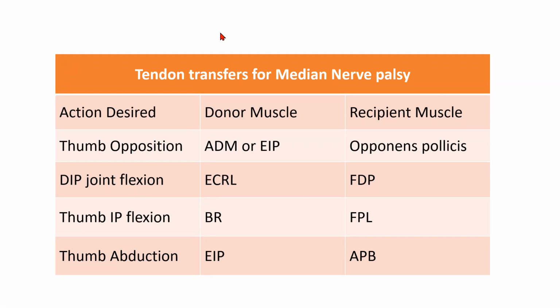There are many procedures. In one particular slide, I have just targeted to address very vital movements. Okay, if one particular muscle is lost, you can try to compensate for it. Otherwise, there are many procedures. You can also do nerve transfer if that particular muscle is not working. But covering everything will be too extensive and too confusing for your level. That is why I have simplified it to one slide, because management of nerve palsy is a very big topic.